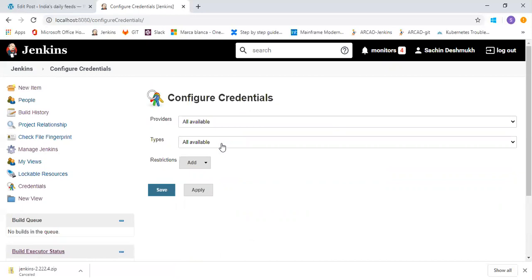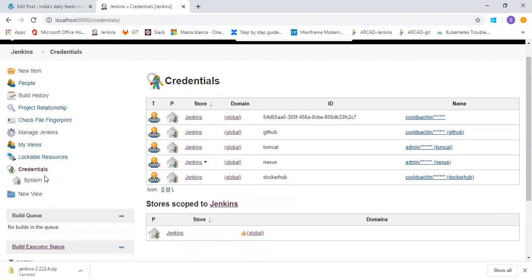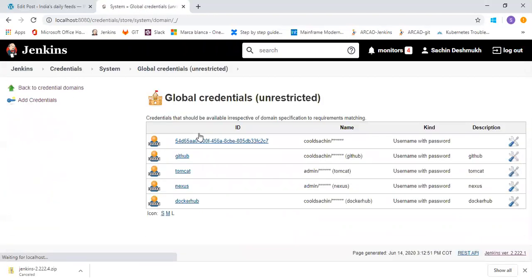So for that, you can configure your credentials from here. You can see the Credentials section here. You go to System, Global credentials. I have set up all these credentials for GitHub, Tomcat, Nexus, Docker Hub.